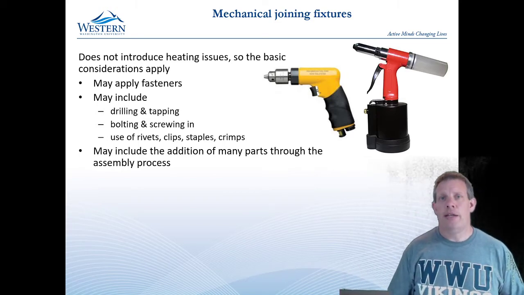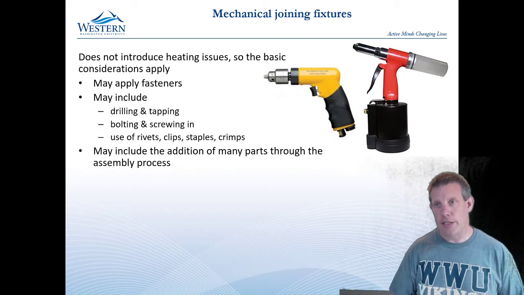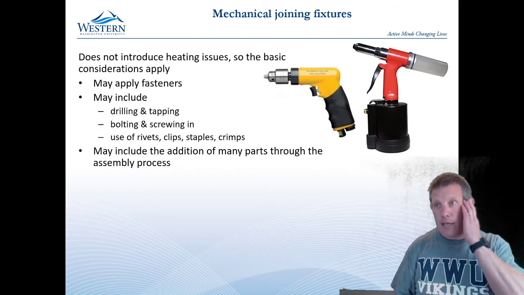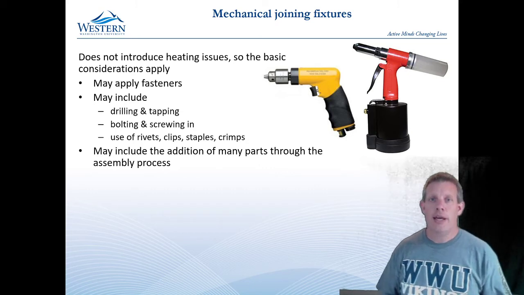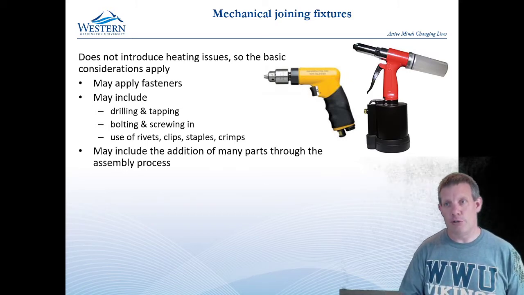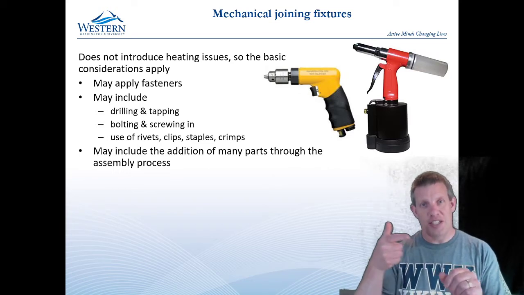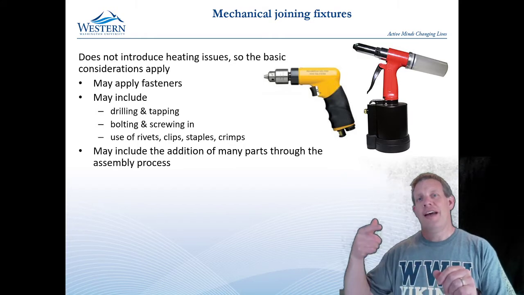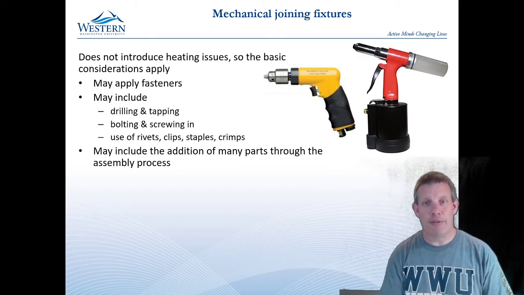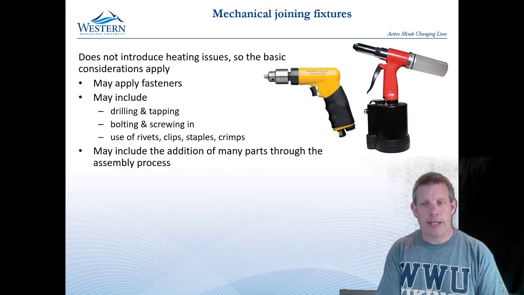the mechanical joining, again, is where we're doing these individual positions along the edge. And so it may require us to apply fasteners. And so applying fasteners often takes a lot more room than just something like putting in a glue joint. It may have multiple processes, so it often involves a center drill or a center punch to start off. Then there would be a drilling process. There might be a reaming process to get it to the right size. There might be drilling and tapping, or tapping as well, depending on how it's done, whether there's a